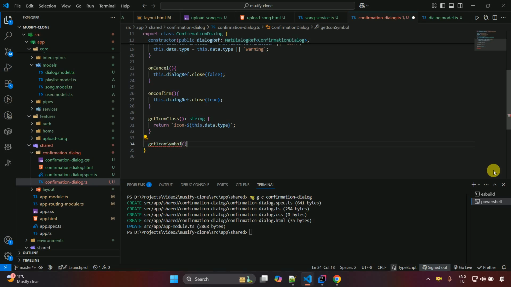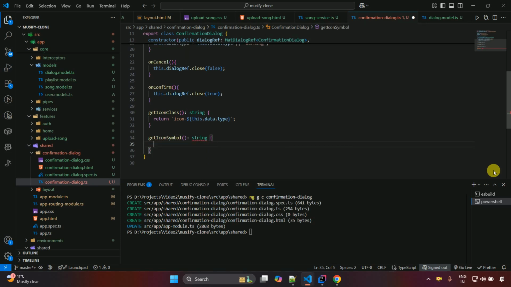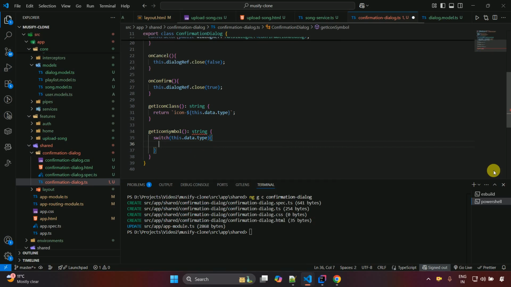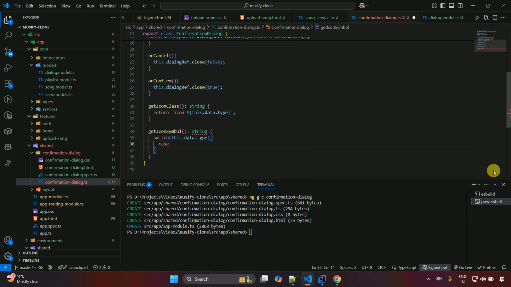This is also a string type it's gonna return. So over here we have to write switch, and this.data.type, and then we have to show the different icon on the basis of different values. So this is the first one, which is a warning one. So here colon, then we have to return,